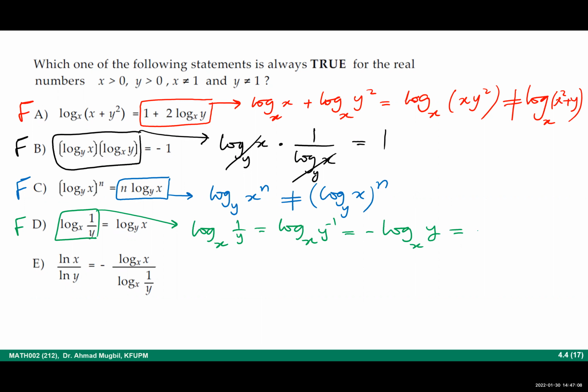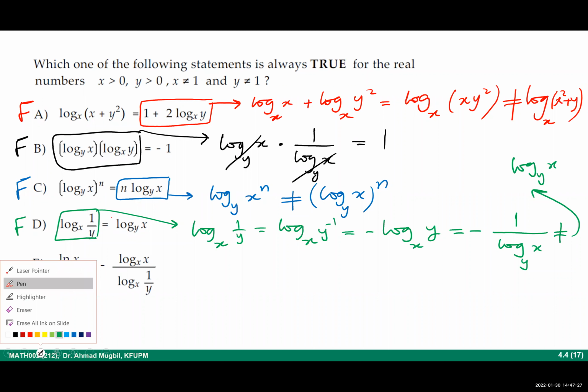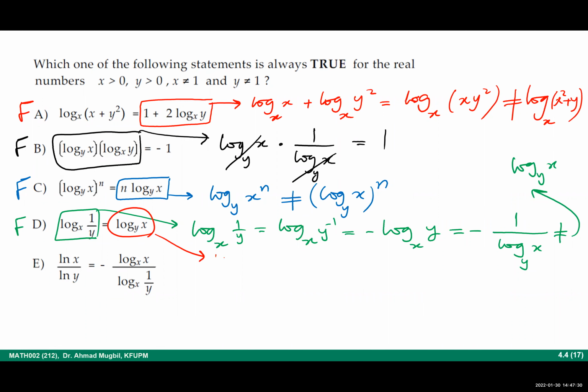Let's try to make the base y, not x. What will we do in that case? It will be the reciprocal, right? And clearly, this is not equal to log y of x. You can show it in another way, by the way. You can work on this one and show that you have log y of x, which, if you want to change the base, will be log x of y. Of course, this is not log x of 1 over y. This is so important. The reciprocal here cannot be used for the argument, the same as for the